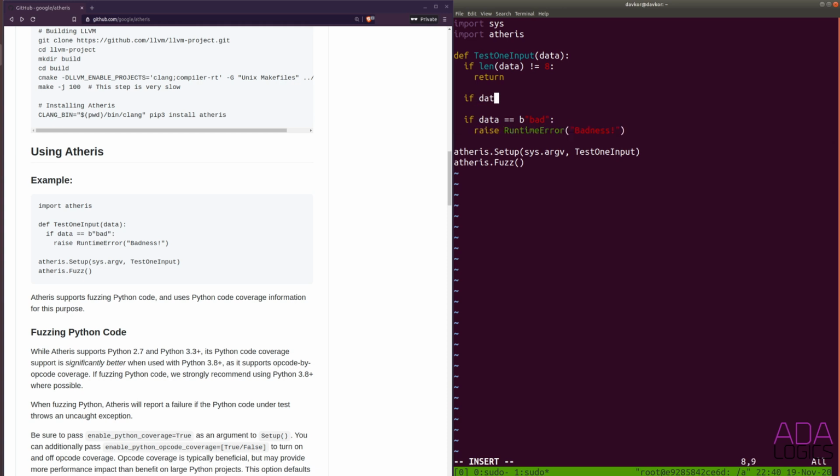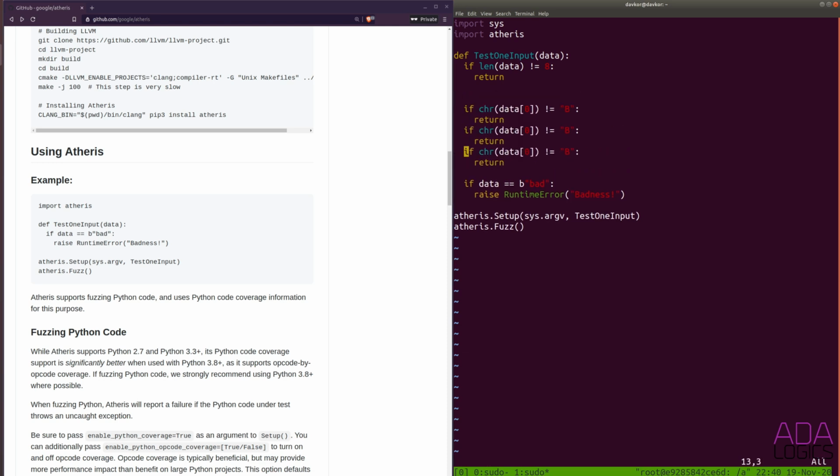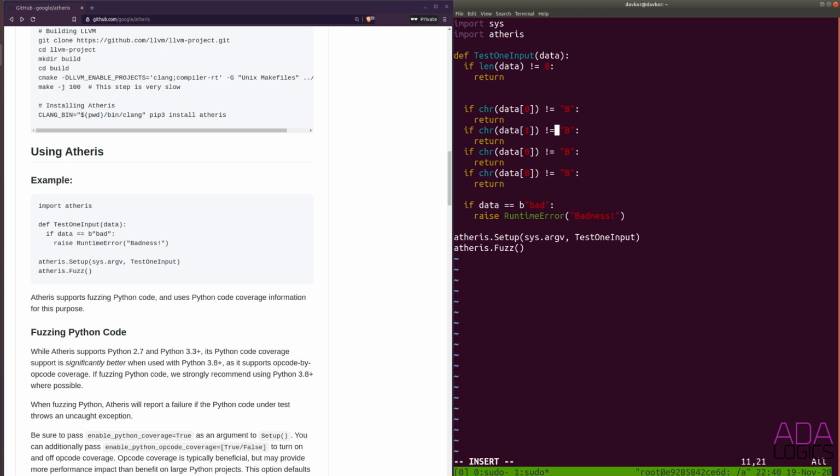Okay, so let's do as follows to see if we can spell out a little bit a longer BOOM word. So if the first character is not equal to an uppercase B, then we simply return. And we do this for a few of the characters. So let's say if the second character in the data buffer is not equal to an uppercase O, and the third, and so on,